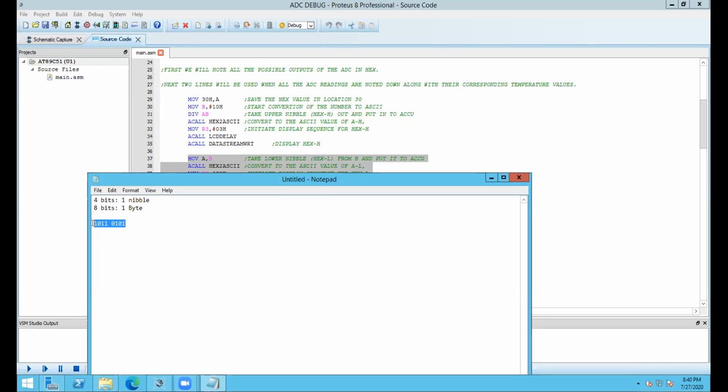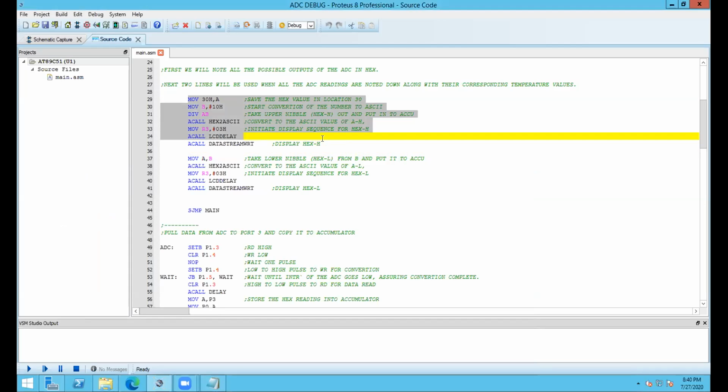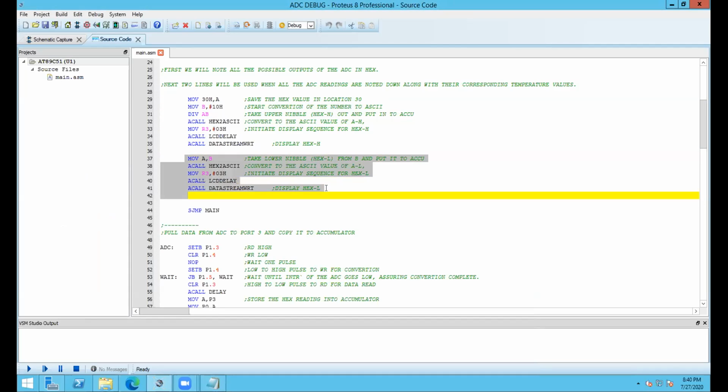And the whole thing is a byte and this is a bit. Make it very clear. So this is for conversion of the higher nibble, and this is for conversion of the lower nibble. That's it.